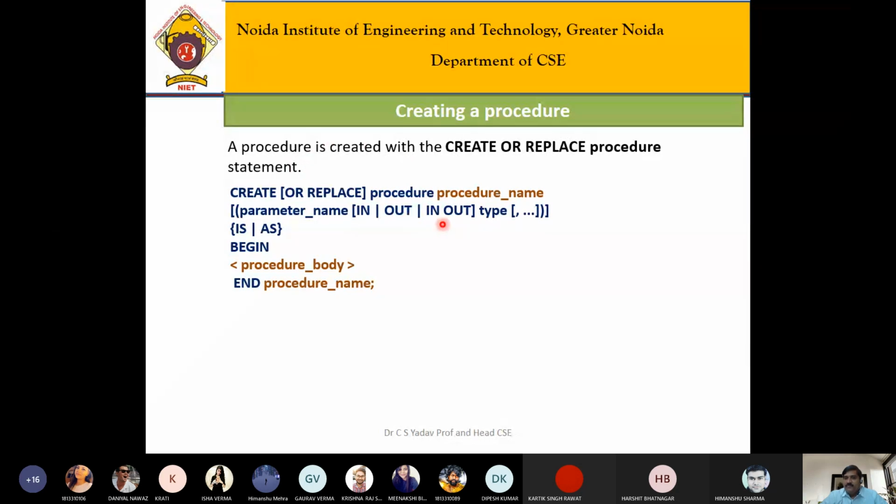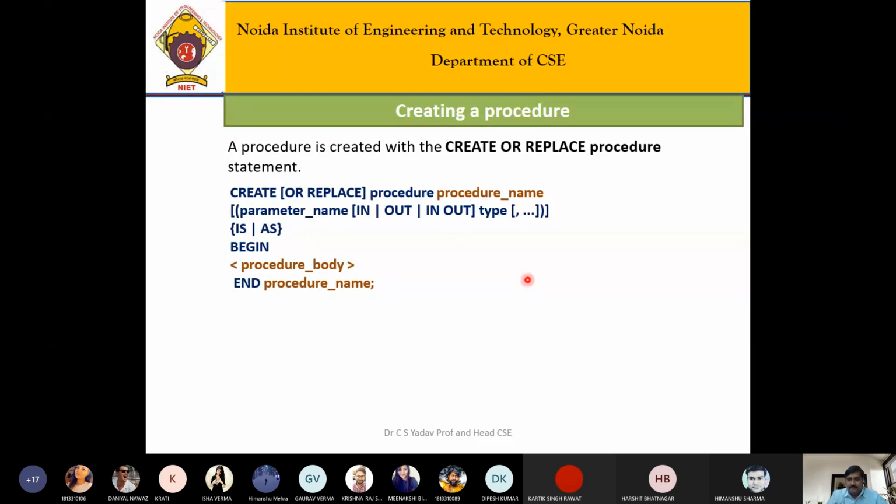And if we declare a parameter as in out mode, it means that the parameter can be used to receive the input and also will return the value to the calling procedure or calling function. Did you get it?